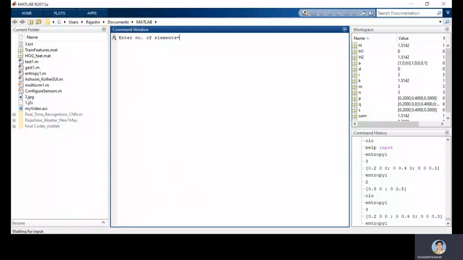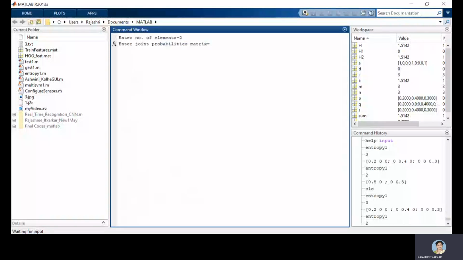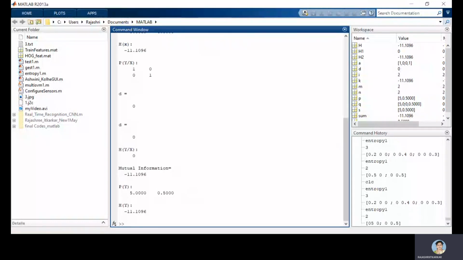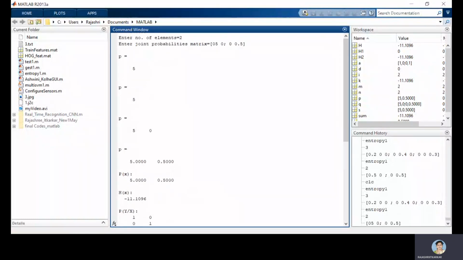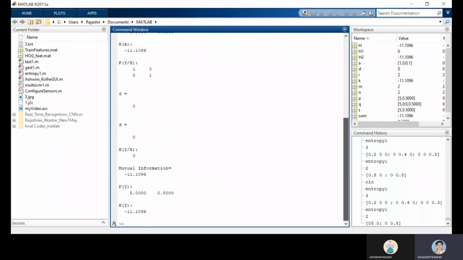So again, if I say 2 elements are there, I'll check it for a binary symmetric channel. So it is 0.5, 0. We'll take a space, then again a 0 and 0.5. So these are the 2 elements. We'll complete the matrix. See again, the information is displayed, that is how to calculate mutual information. I think something went wrong, right? Because I have typed 5 here. We'll once again run the program entropy.